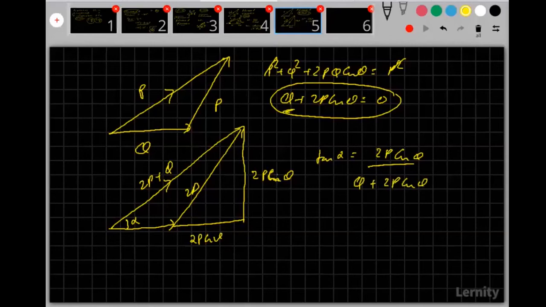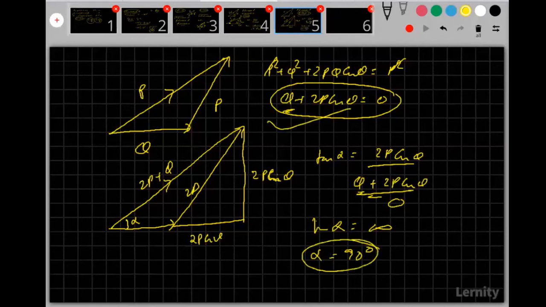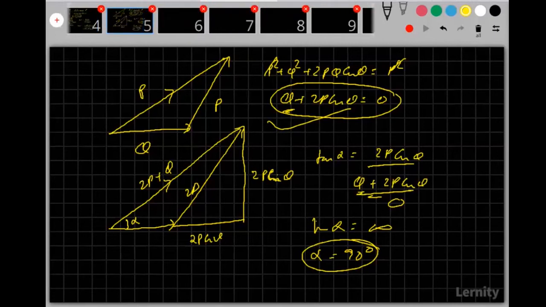Now Q is given to me minus, so this is 0. So I'll get tan alpha is equal to infinity. So I'll get alpha is equal to 90 degrees. The whole clue is to basically have it such that you have Q plus 2P cos theta is equal to 0 together. So I put this as 2P and then it works out. Yeah. So some of them easy, some of them difficult. These are the logics which are being used.